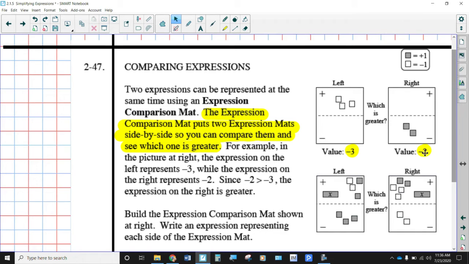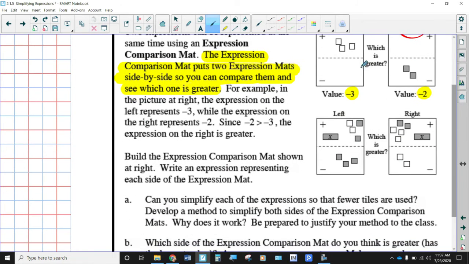So if we were to determine which side is greater, now you have to think about these 2 numbers on the number line. Which one is farther to the right on the number line? Turns out negative 2 is farther to the right than negative 3. So negative 2 is greater than negative 3. So we could just draw a circle around here and say negative 2 has the greater value. So the mat on the right is the greater expression. That's wonderful when all you have